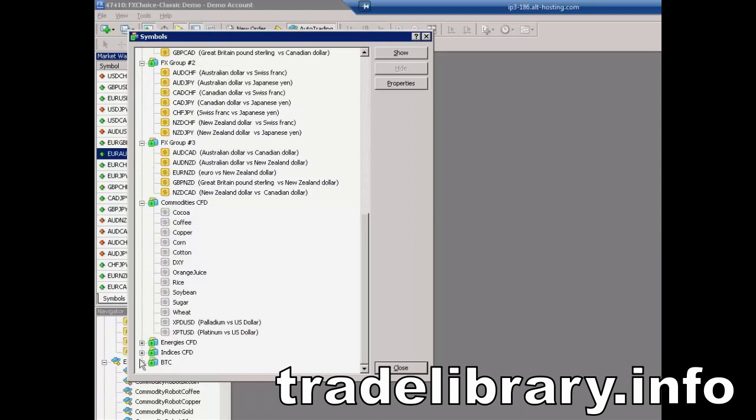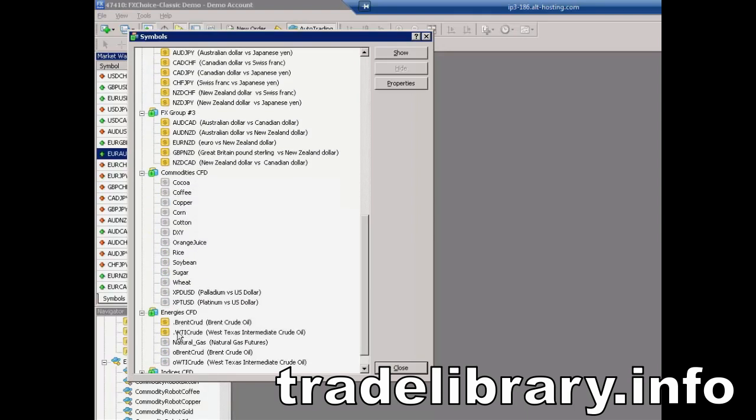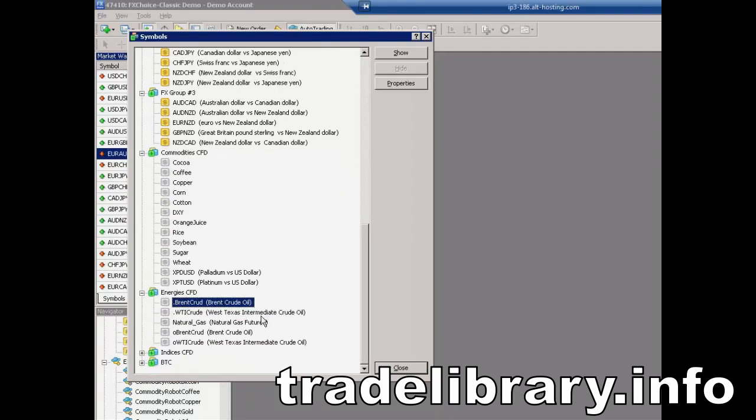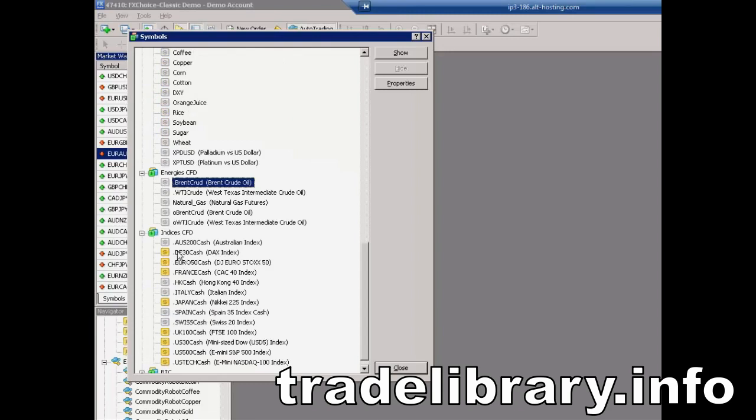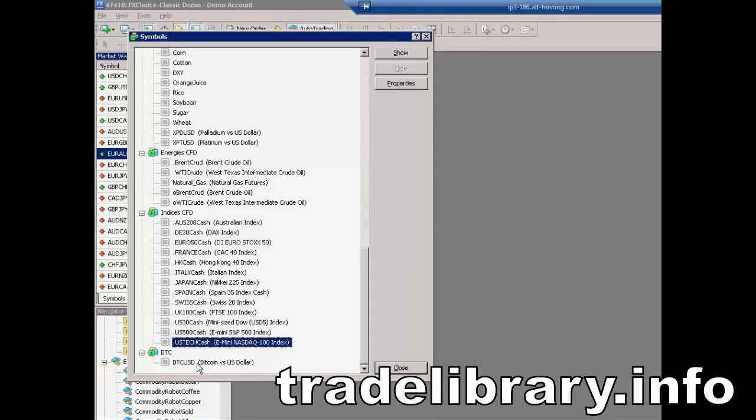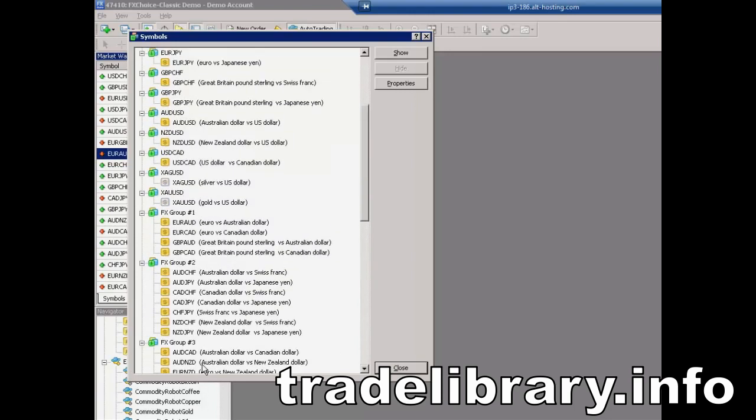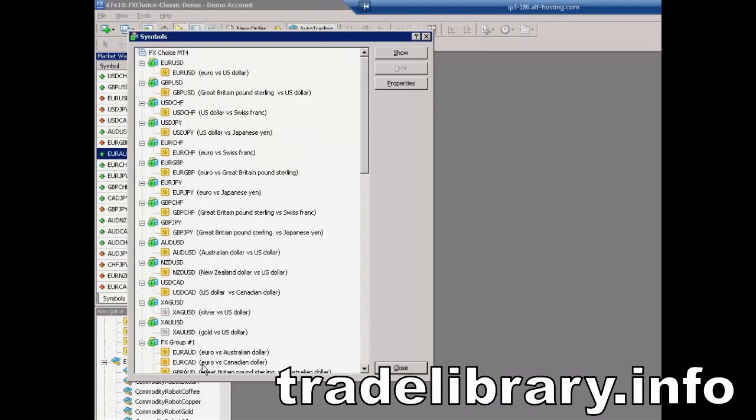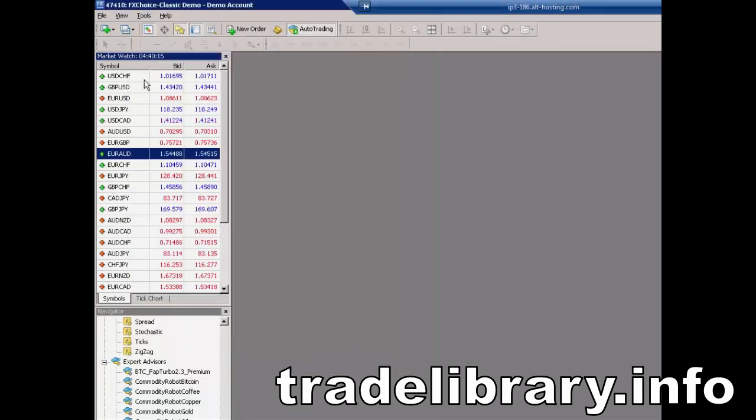Commodities are disabled. Good. Energies, we do not need any of the oil. Disable that. Now indices, we will not need those, so let's just disable them. Disable these. And Bitcoin is disabled. Alright, so now that we have set our preliminary currencies, let's click close and let's count